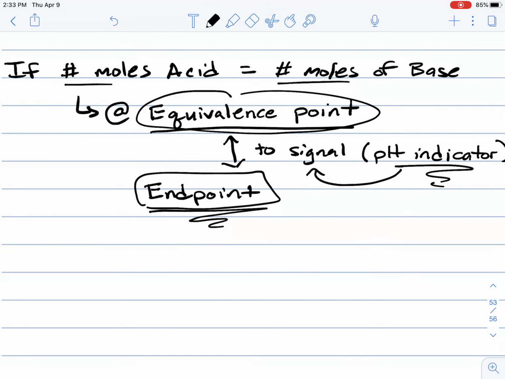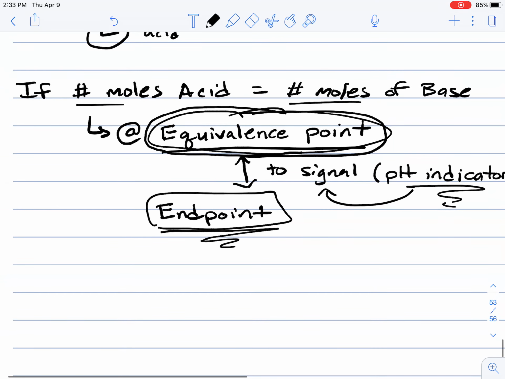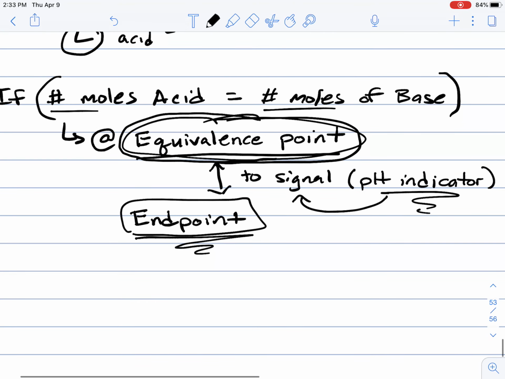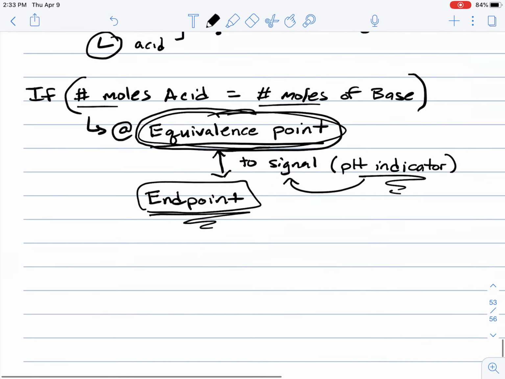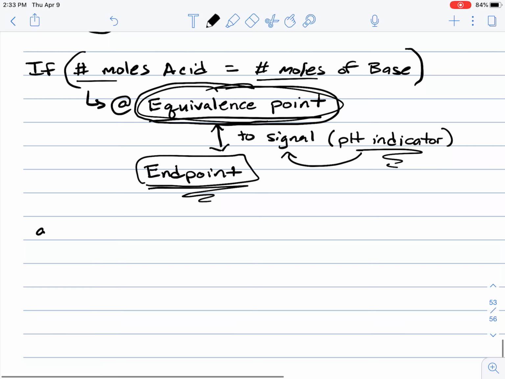And at the endpoint, on a molecular basis, you've reached the equivalence point, meaning that you have an equal number of moles of acid to moles of base. Okay. So hopefully you understand how all three of these concepts tie in with each other. Okay. And so at the endpoint or equivalence point,